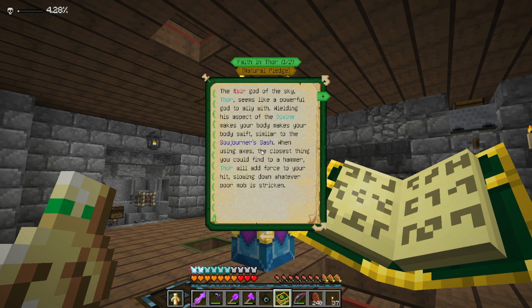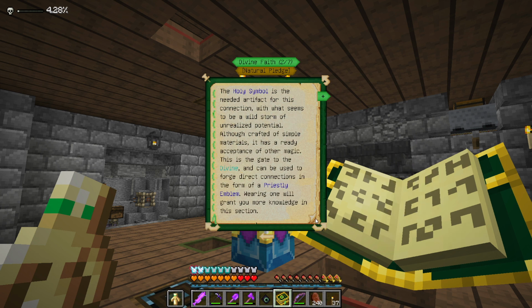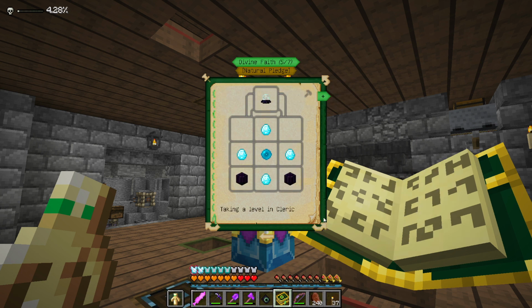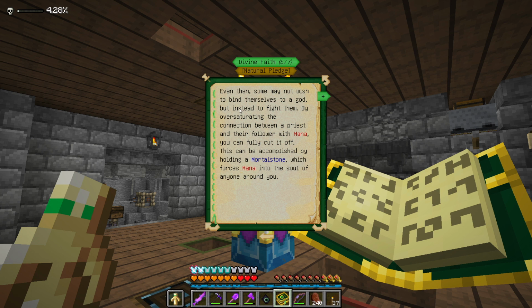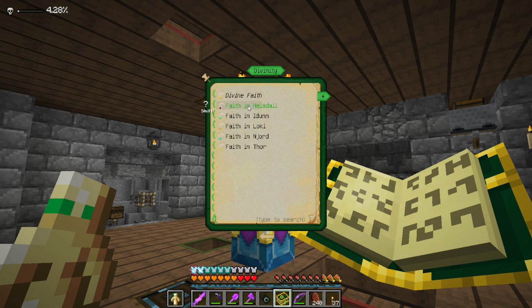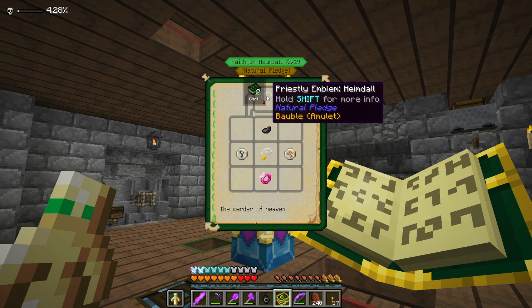Oh, these are new. Hang on, what have we got? Divine faith. Terrestrial cast divine spells. Terrestrial focus. You can fight them by oversaturating the connection between a priest and mana. You can fully cut it off. This can be accomplished by holding a mortal stone which forces mana into the soul of anyone around you. Okay. Wielding this when carrying a rod of Bifrost, you leave a trail of rainbow Bifrost below you, allowing you to run in the sky. Okay,